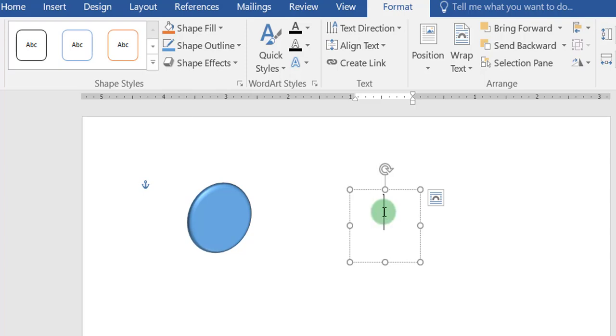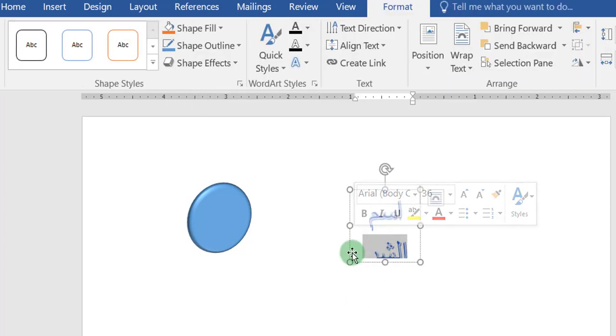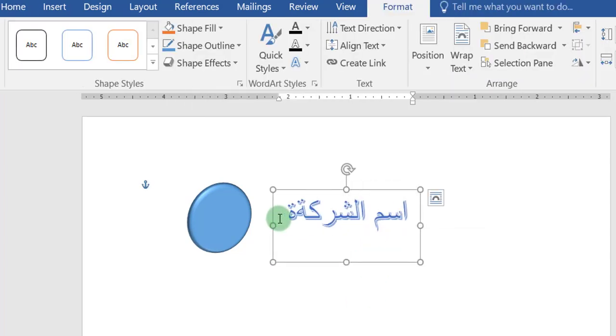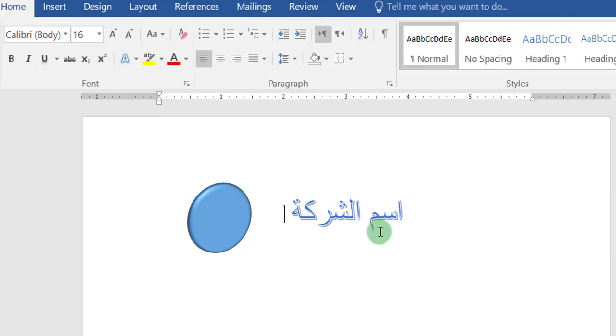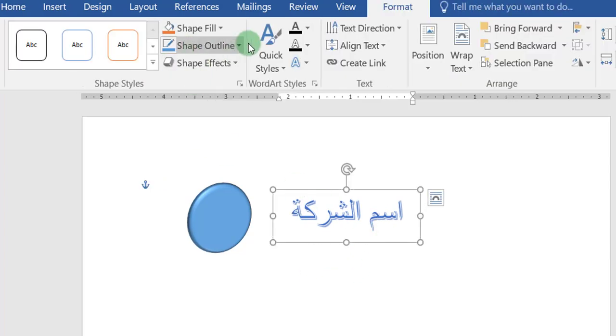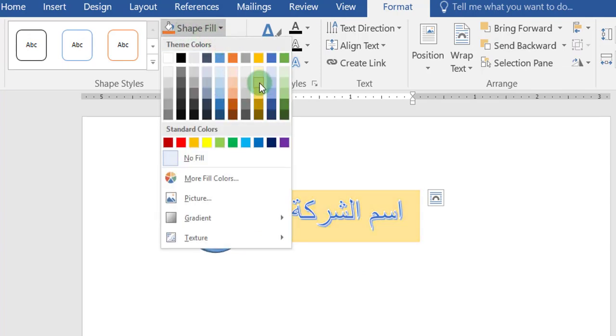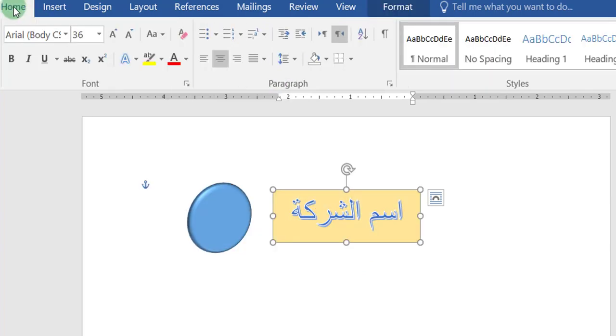For example, change the text to the company name. Click the Shape Fill to choose a background color for the text. Click Bold for the font.